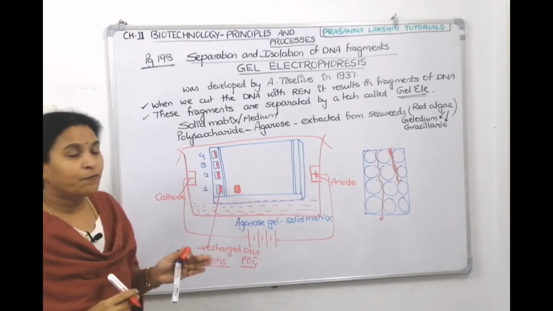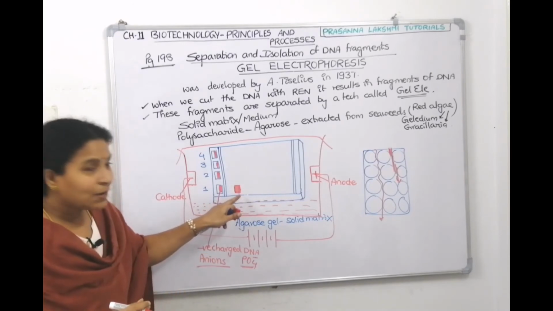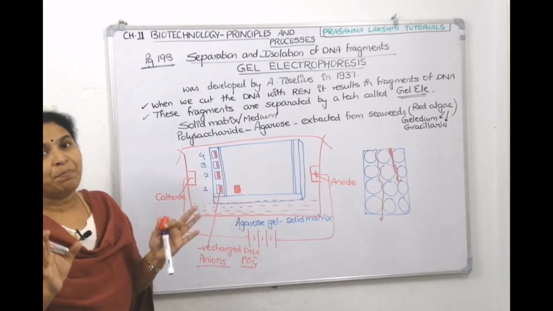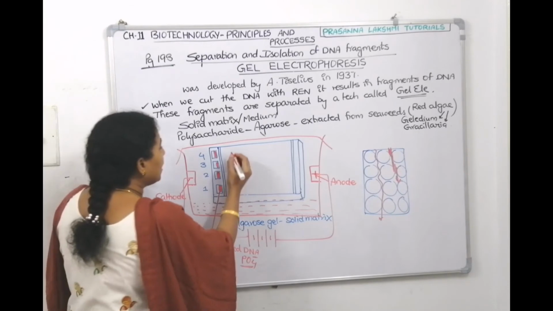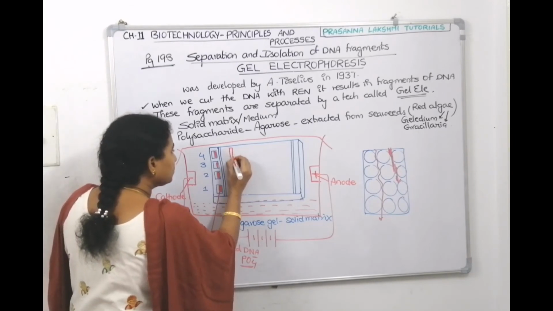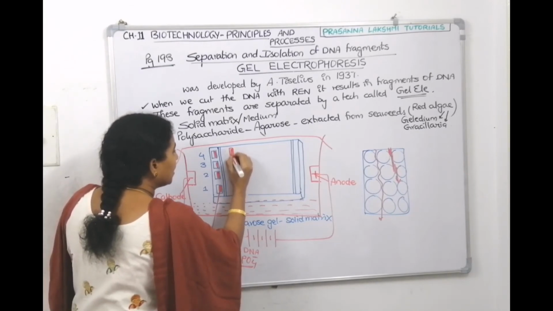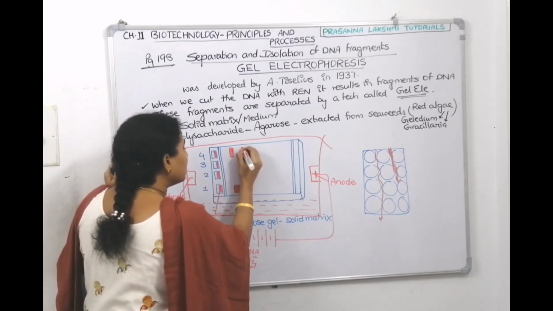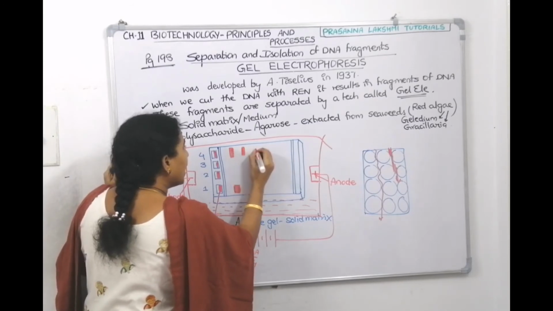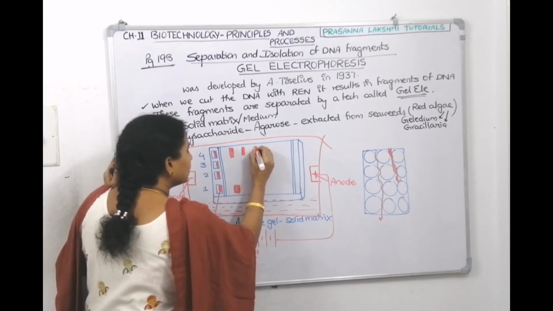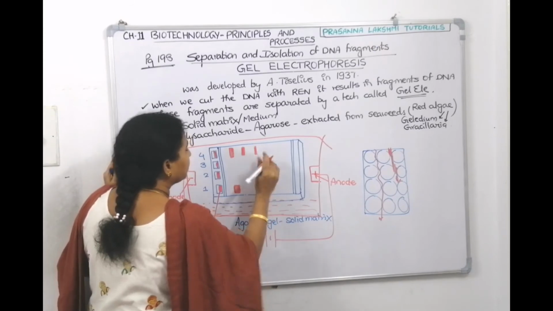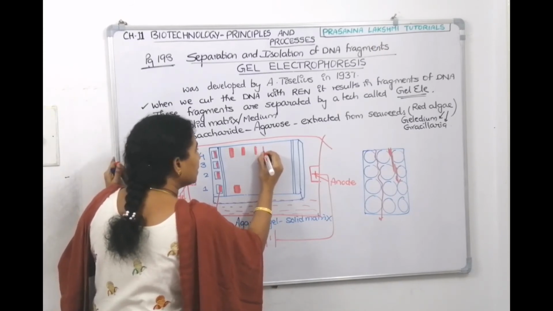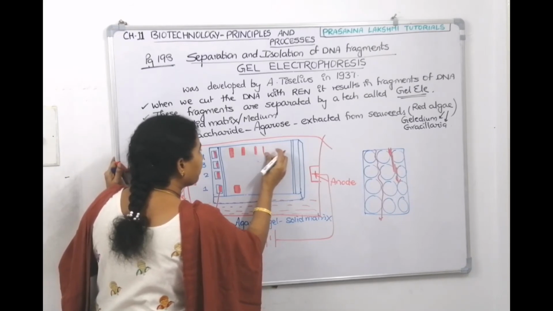In lanes 2, 3, 4, what will they show? If in lane 1 they are showing undigested DNA, in lane 4 they are showing us completely digested DNA. In lane 4, they will show us the digested DNA. So, they will show the thickness. Near the cathode, the bands will be a little thicker. And as you are coming down, they will make it very thin.